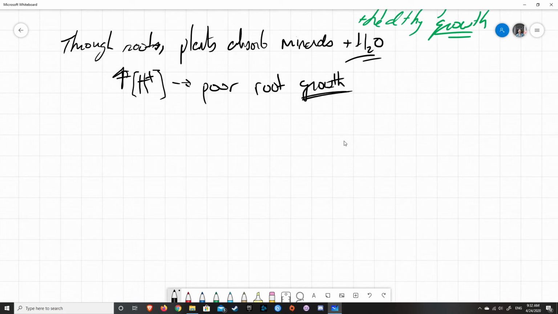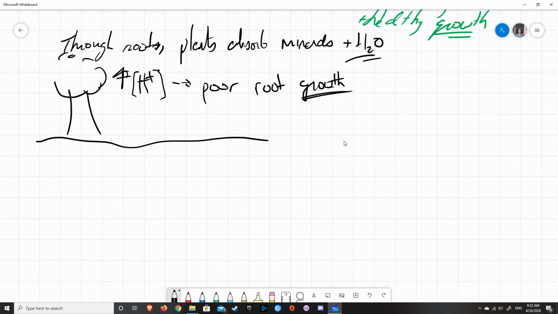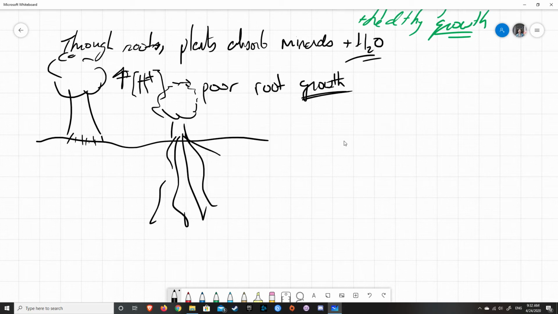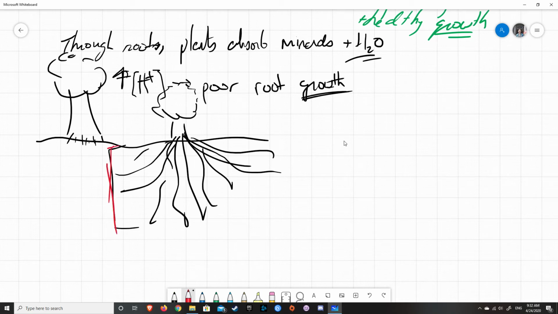If you look at a plant, say you've got a rather heavy plant with very shallow roots, and another heavy plant, I can't draw these the same size, with really deep and extensive roots, one has greater access to minerals under the soil, and the other has a smaller surface area to access the minerals under